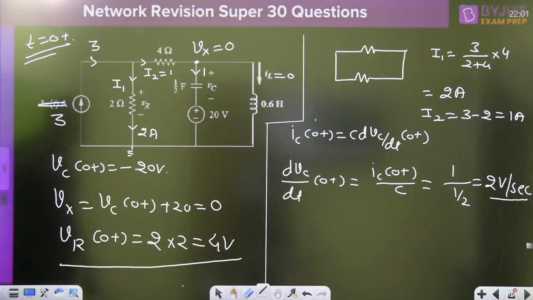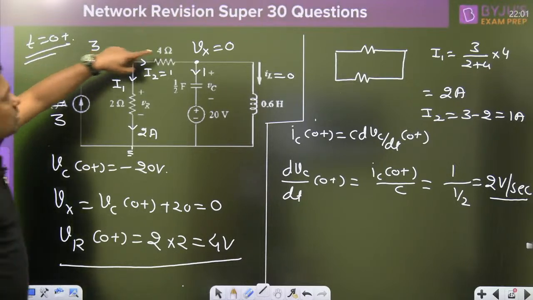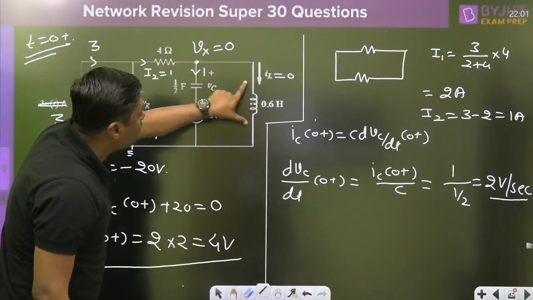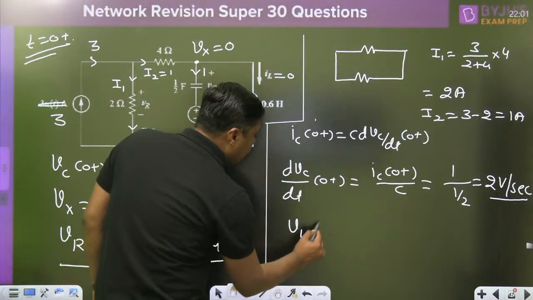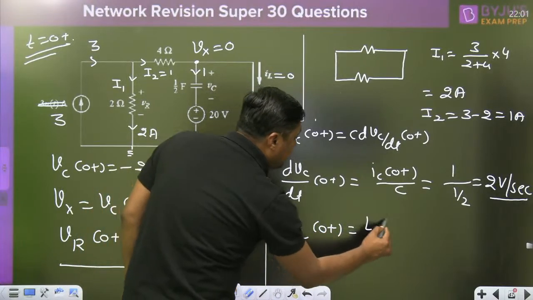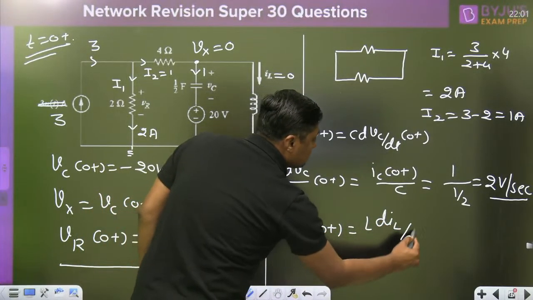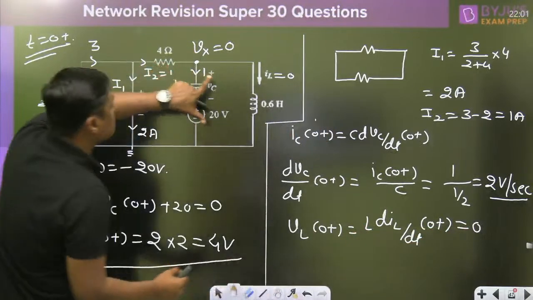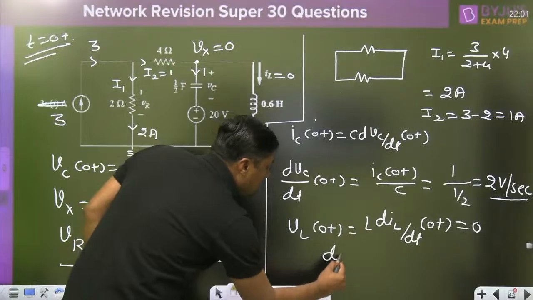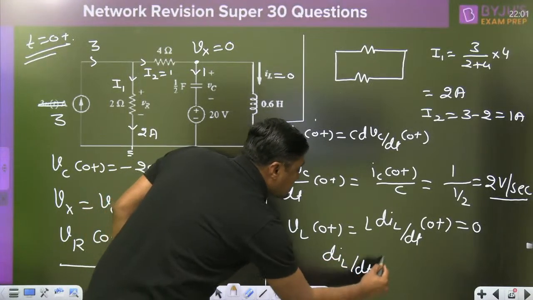Actually, what is the requirement? What is the voltage across the inductor? The voltage across the inductor is 0. So the initial voltage across the inductor, given by L di/dt at 0, is equal to what? 0. This is the voltage across the inductor, and that's why the initial value of dIL/dt at 0+